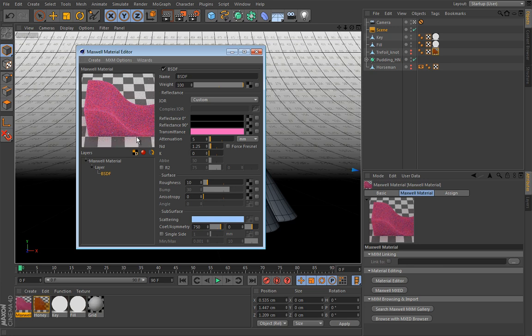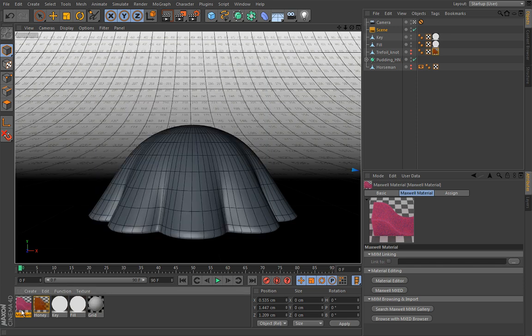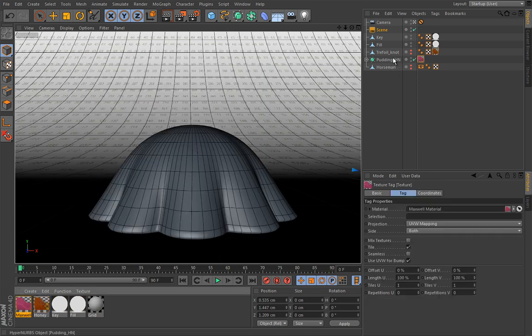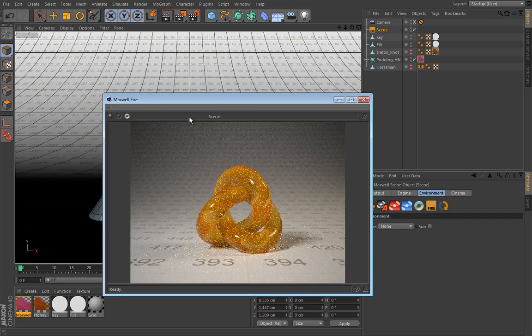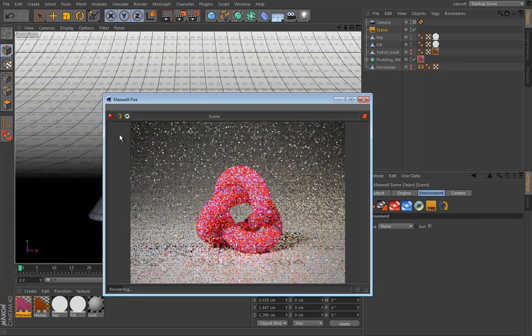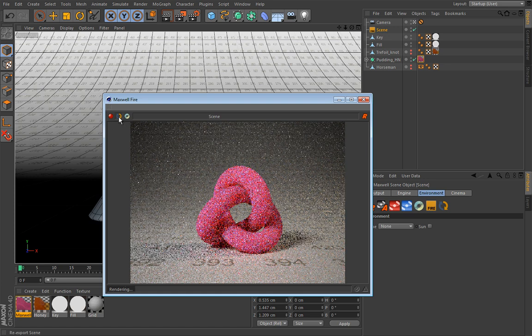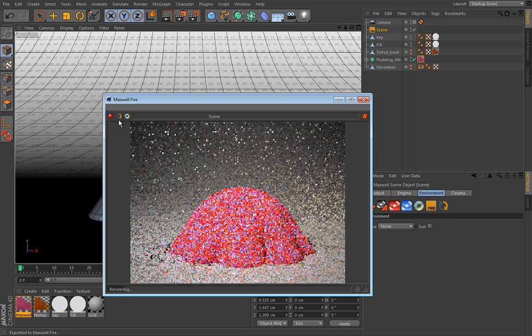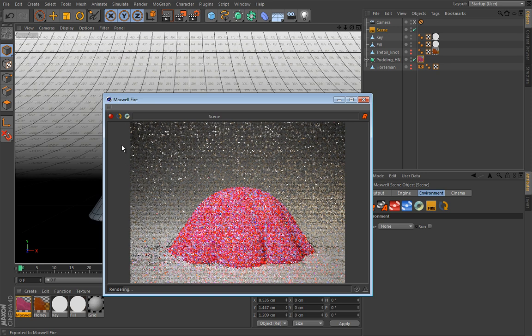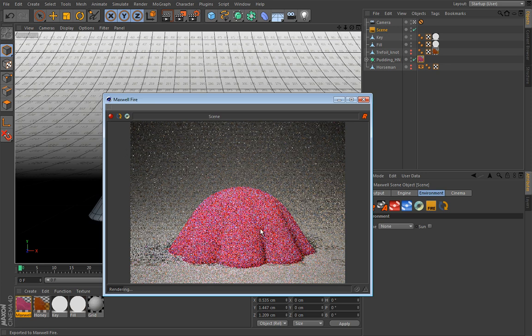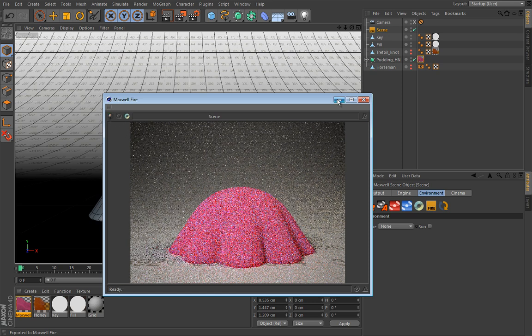So let's close this, apply this to our pudding, and let's do a fire preview like this. And actually the object didn't refresh, so we have to manually force the refresh like this, and that is quite good. So maybe this is a good time to explain this